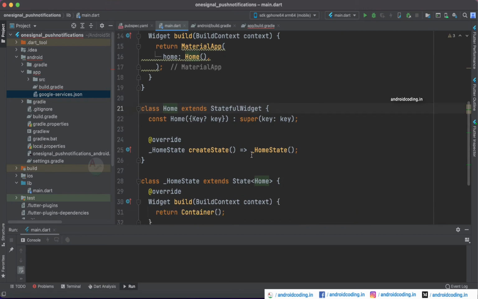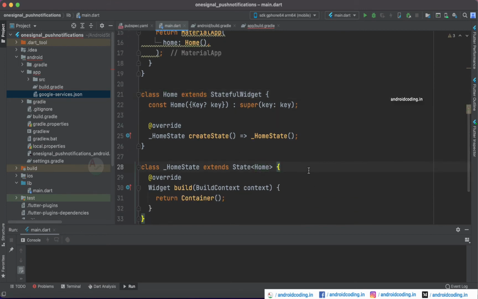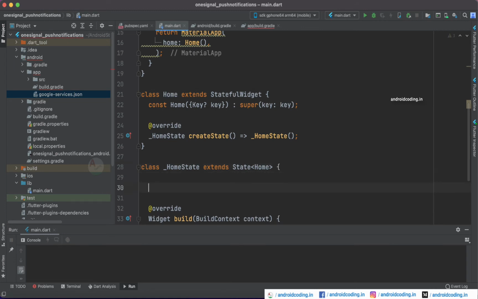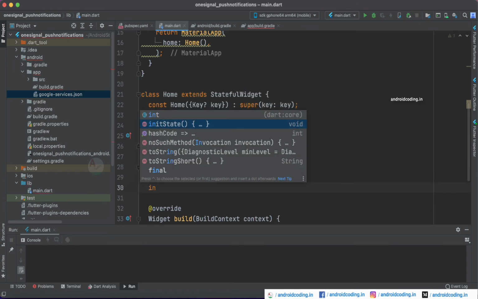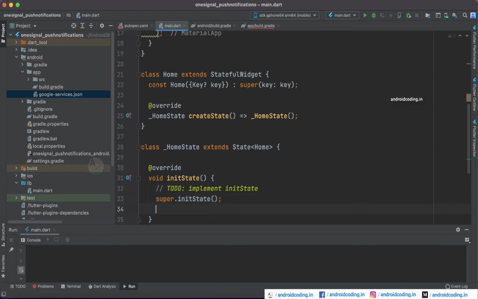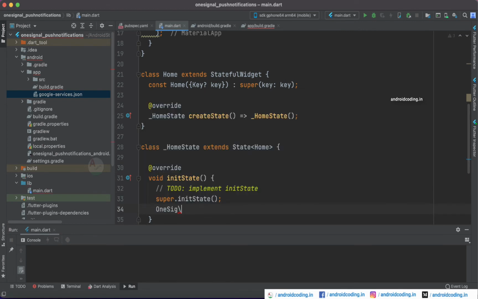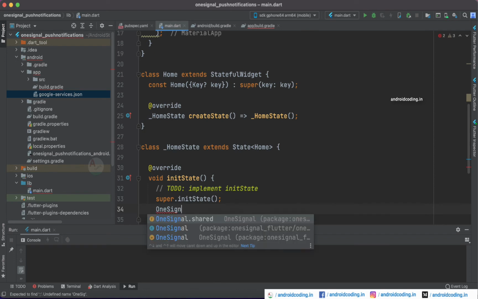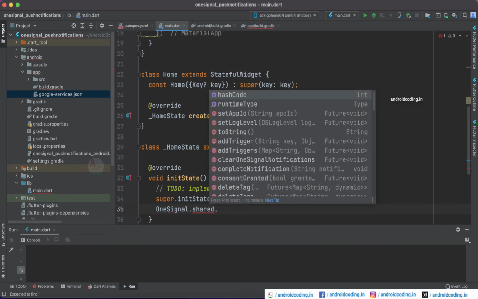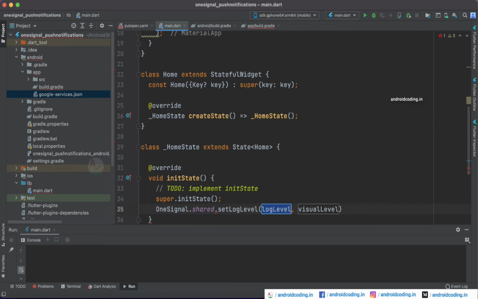And now we need to initialize our OneSignal. So inside the state here I will be considering the initState, and here let's initialize our OneSignal. OneSignal.shared.setLogLevel. So I'm setting the log level first.